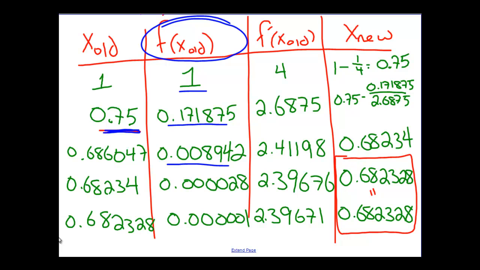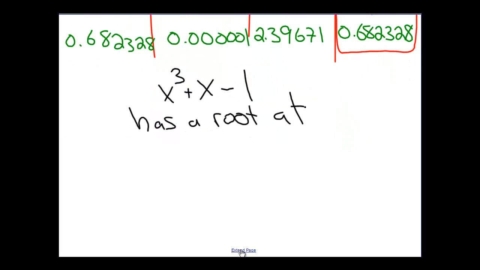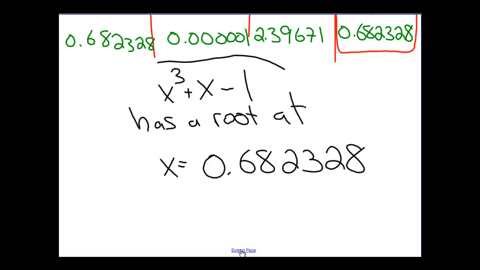If I were to try and use the iterative process here again, I would end up with exactly the same thing. Now, some of your numbers may look different if you have your calculator settings a little bit different. Don't let that bother you. It's simply a difference in calculators. So the answer here is that x cubed plus x minus 1 has a root to within 6 decimal places. X equals 0.682328, and you can